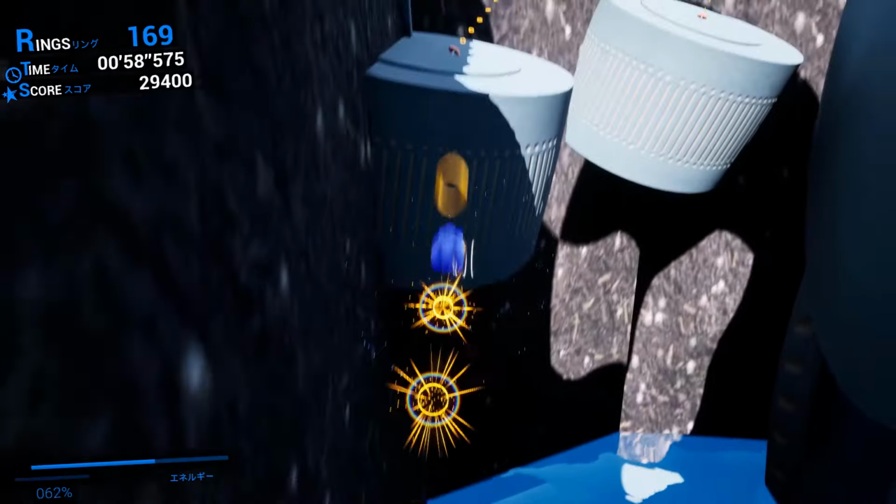Yeah. Here we go. Alright, so this level's a little bit different. Let me full screen it. This actually isn't like an action stage. This is like a Sonic Adventure, find the Chaos Emeralds kind of stage. You're still looking for the golden ring like normal, but